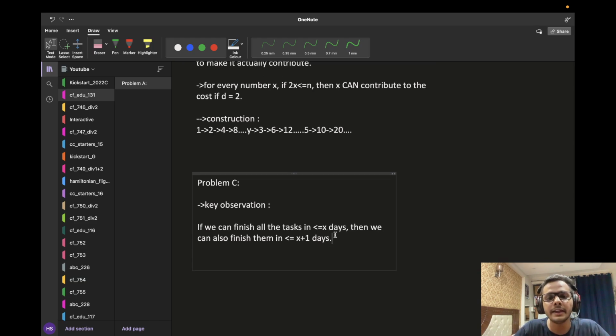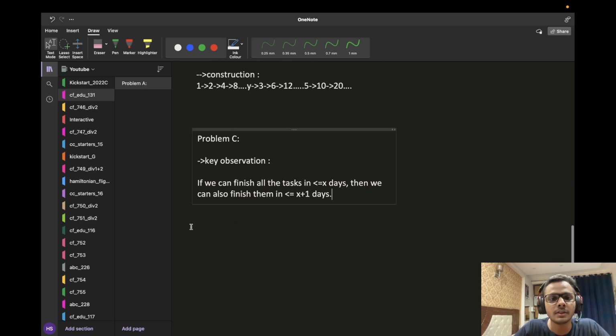And as always, in every problem where you see such a property, that if you can do this in x days, you can also do this in x plus 1 days, the first thing that you should think about, and that I should have thought about during the contest, is using binary search. So yeah, the main idea is binary search